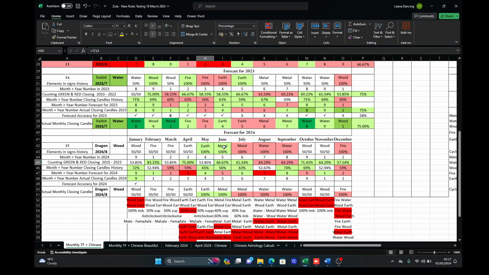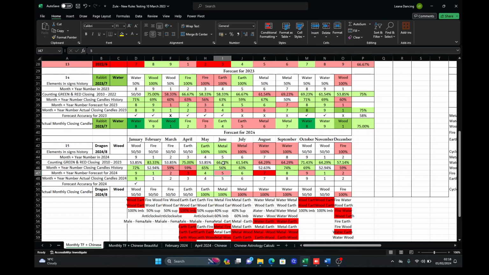For June, I expect a red candle at this moment in time. I reserve the right to change this candle as we progress, as all of those months take place. At the end of the day, this is 5 months ahead from now, so a lot of things can happen by then. I have some astrological events that are happening in June, and on the basis of that, I've given it a red color, by the way. If I go only by the Chinese astrology and the numerology, I would have had this as a neutral here,